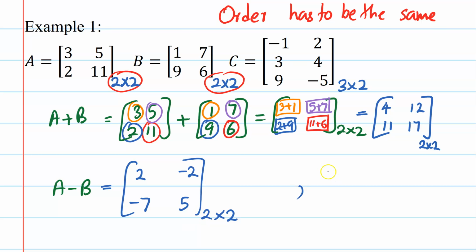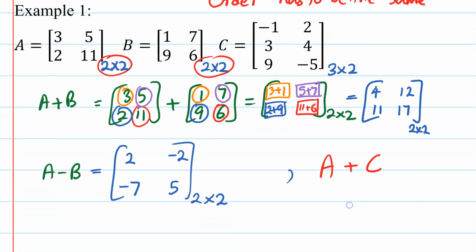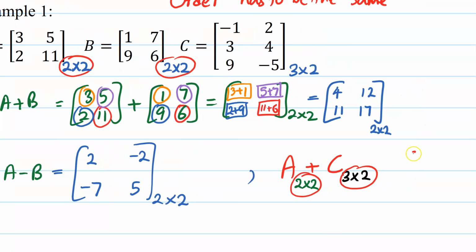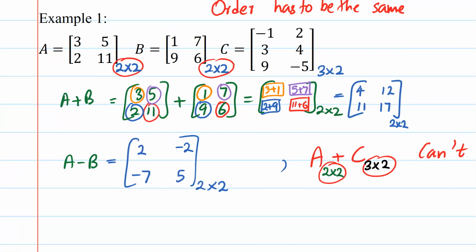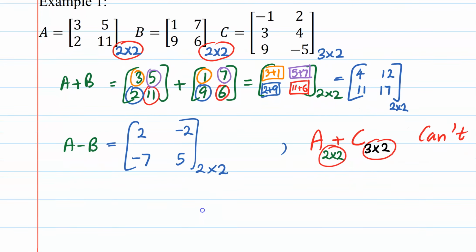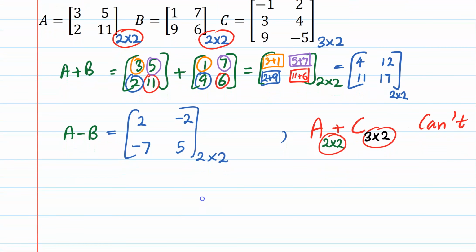Let's have a look at A plus C, or maybe B plus C, or C minus A, or C minus B. A is 2 by 2. C is 3 by 2. And you can see these are not exactly the same. Therefore, the order is different, hence we cannot find it. So you can't perform this operation. You cannot add these two matrices. Now you understand, if you don't have the orders the same in two matrices, you cannot either add or subtract,